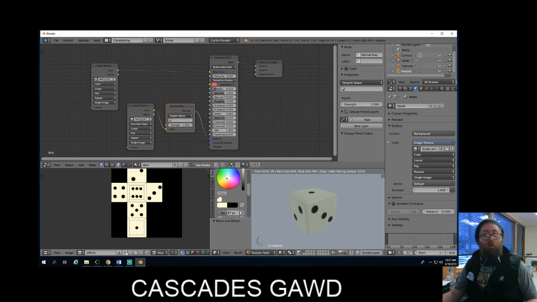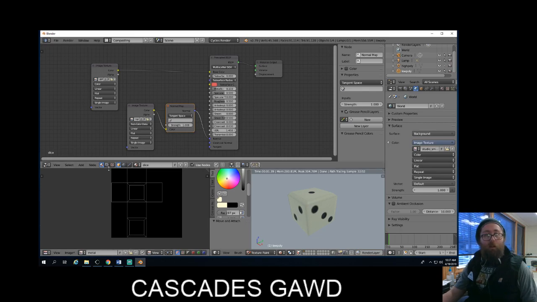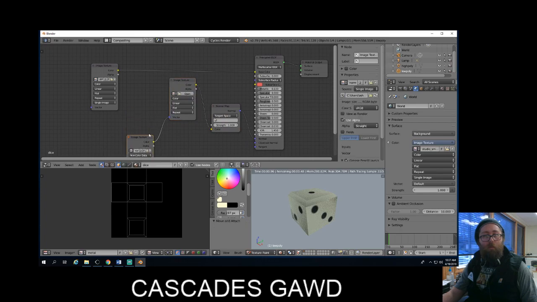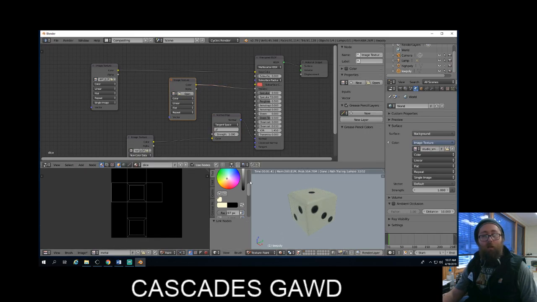So to do that, I'm going to do that right now. I'm just going to add, I'm going to call it metal. I'm going to hit enter, hit OK. And then I'm going to add a new image texture. Oops. Back to there, and disconnect you. And I'm going to select metal and color over to metallic, and then I'm going to change this to painting, and I'm going to select a